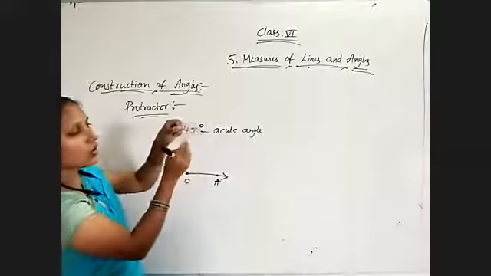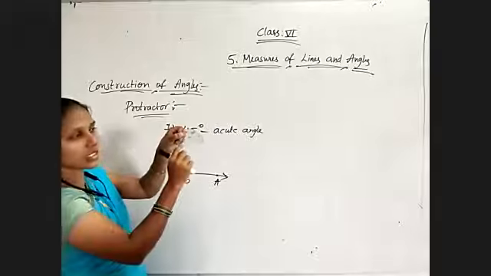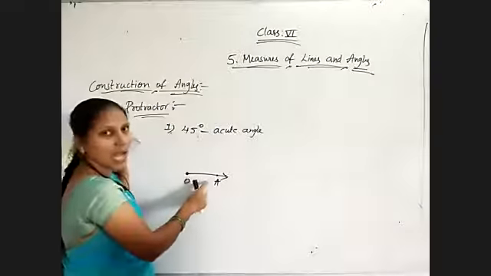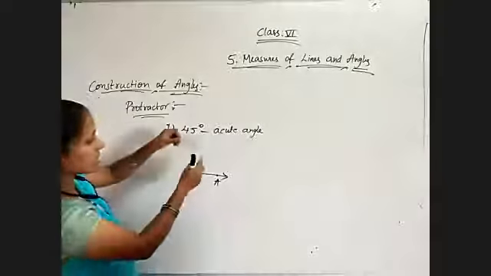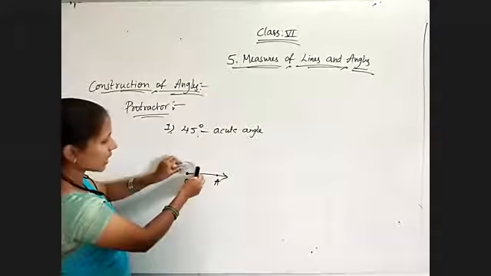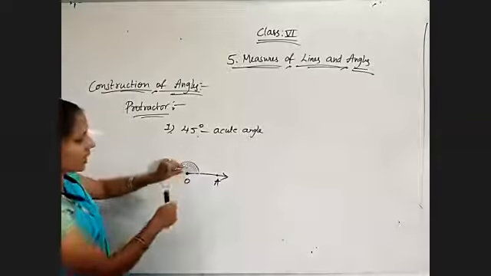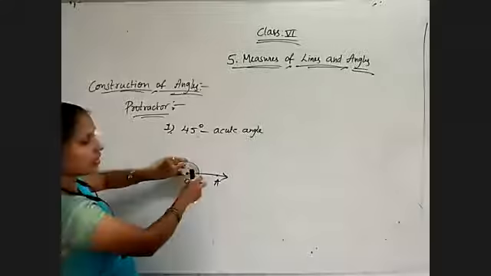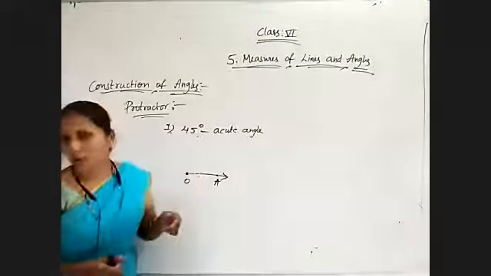And down, don't keep this one as base. Here the 180 degrees line is also showing on the protractor. So you must set your ray, that is the arm, on that 180 degrees line only. Suppose I am keeping the vertex like this. If I keep the protractor like this, that is not the correct way. I have to keep the 180 degrees line on the arm. I hope you understand.